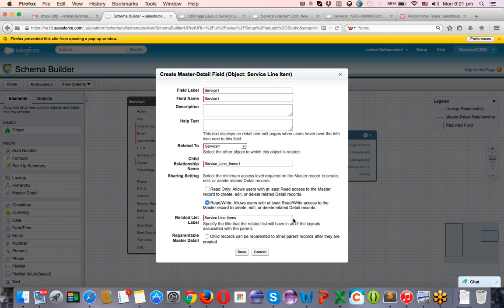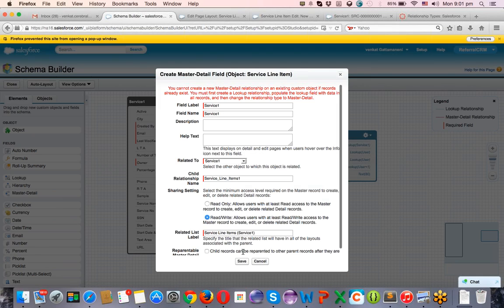But for the second relationship from the same object to the same object, the name is getting duplicated. It automatically adds this special keyword. Even for the one type, because this relationship name is already there, and it should be unique, it automatically added 1 at the end of the child relationship name.